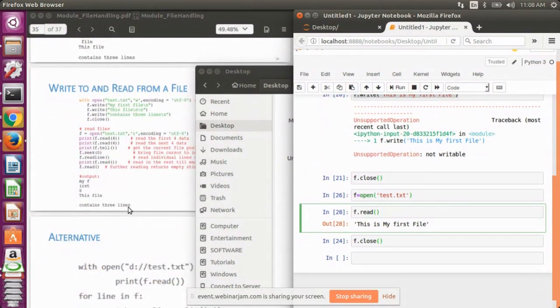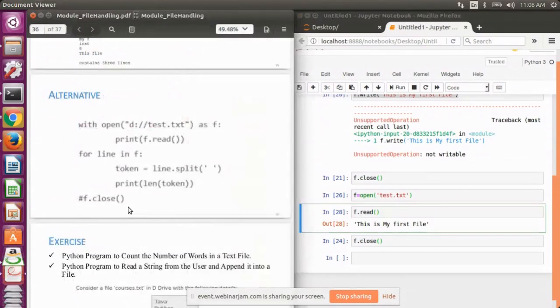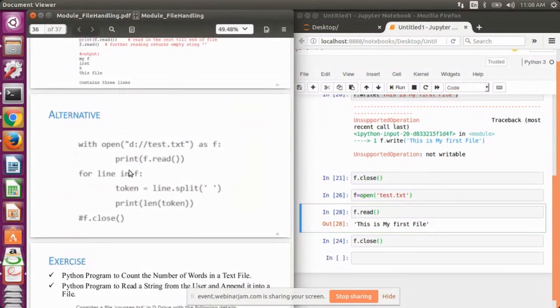So this was it. Now here are some alternatives. The first option, as I already told you, is that we can use the with keyword to open a file. So here we are using the with keyword and then defining open, and whatever we read from the file gets stored in the file object f.